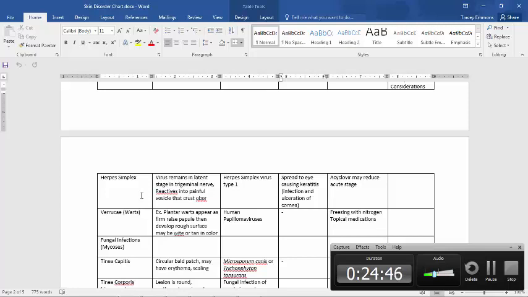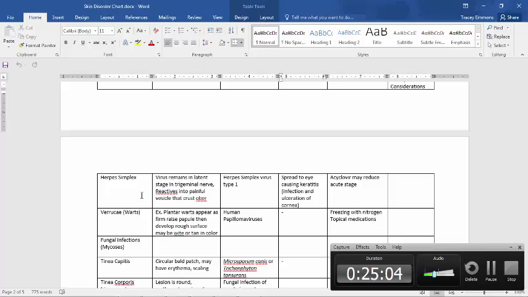This is the oral herpes, and it reactivates. So latent means it's going to be dormant, and then when the immune system goes down or for other reasons, stress and things like that, it reactivates and it forms these vesicles with crust over them,